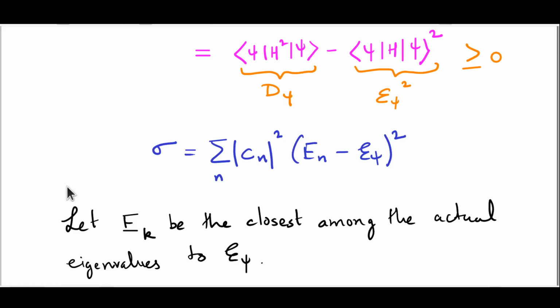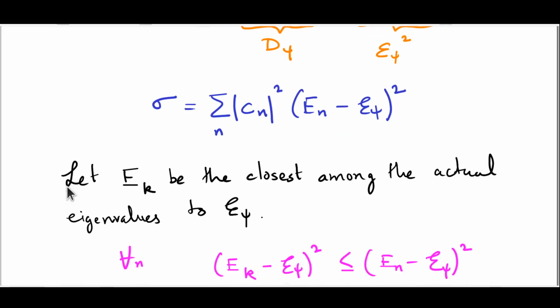Of course, if our family of wave functions that we have taken is a decent family, then we expect this Ek to be E0, but we cannot really be sure of that. If we have chosen a trial set of wave functions which is very far away from what the ground state wave function looks like, the closest energy eigenvalue could be some excited energy state. But there has to be at least one Ek which is closest, and if we use that,